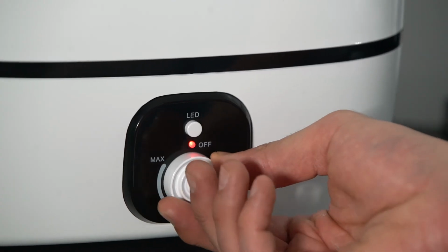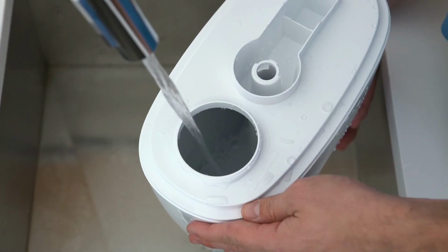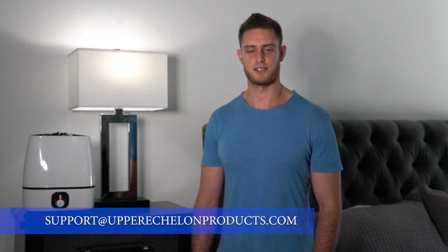If all of these steps fail, perform one last unit reset. Turn the knob to the off position, unplug it from the wall, and wait 2 minutes. Then plug the humidifier back into the wall, fill the water tank with water, and turn the knob to the on position. If none of these steps work, please contact our customer support team at